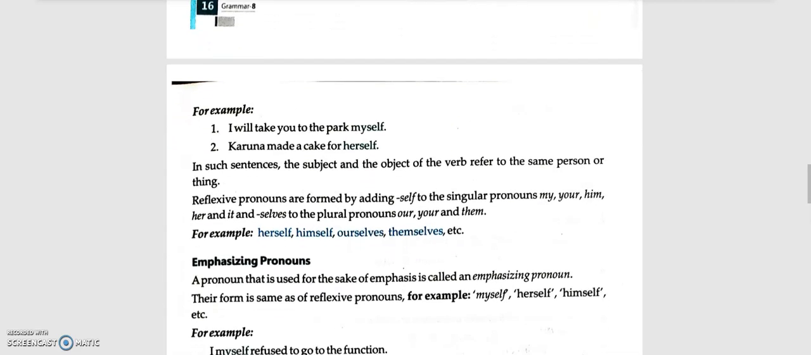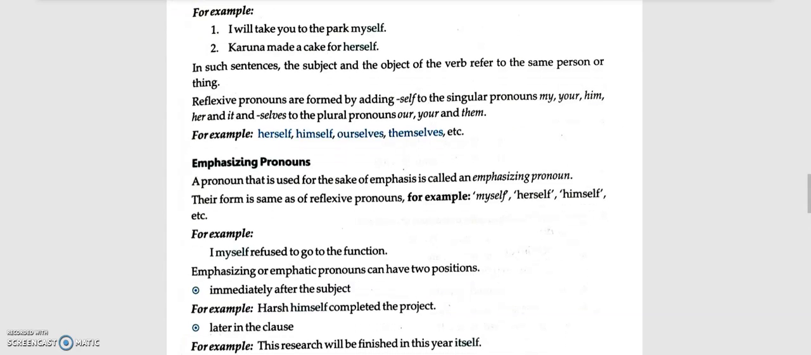For example, I will take you to the park myself. That means me, myself, I will take you to the park. Not anybody else, but I, myself. So myself here is a reflexive pronoun. Karuna made a cake for herself. Now Karuna made a cake. For who did she make it? Herself. Okay? So in these sentences, the subject and the object of the verb refer to the same person or